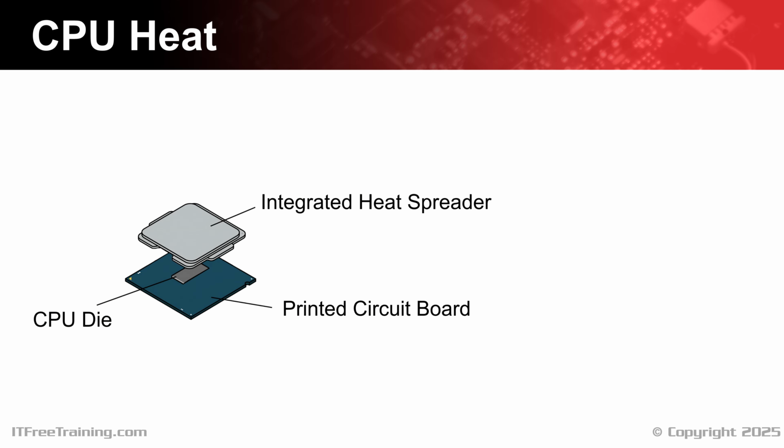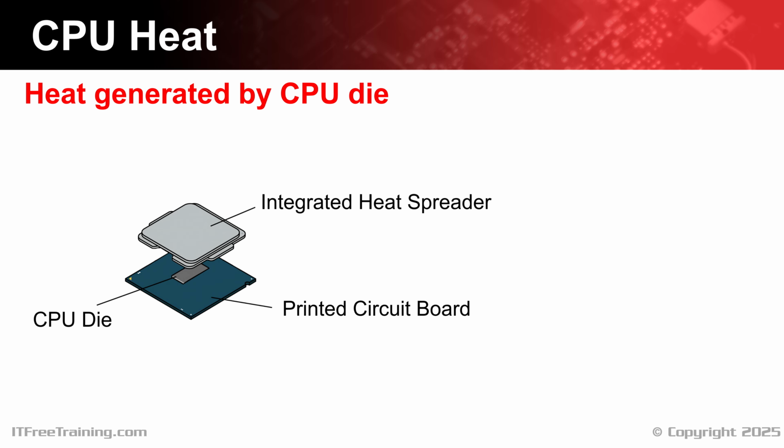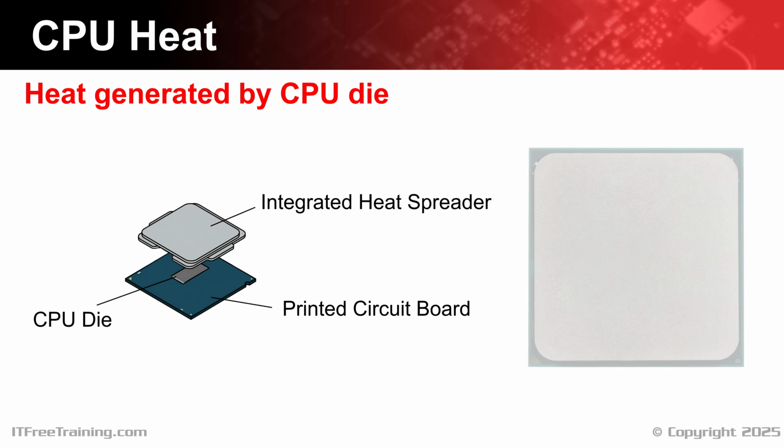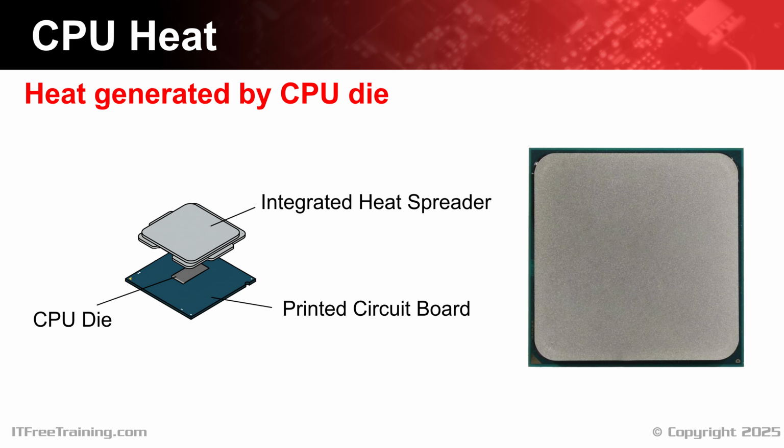To understand why we recommend applying thermal paste using the pea method, consider a CPU broken down into its basic components. The main part of the CPU is the CPU die. You'll notice compared with the printed circuit board it's installed onto, it's very small. The heat from the CPU is generated by the CPU die. When you look at the CPU from the top, the die is generally in the center. Thus, all the heat is in the center of the CPU.